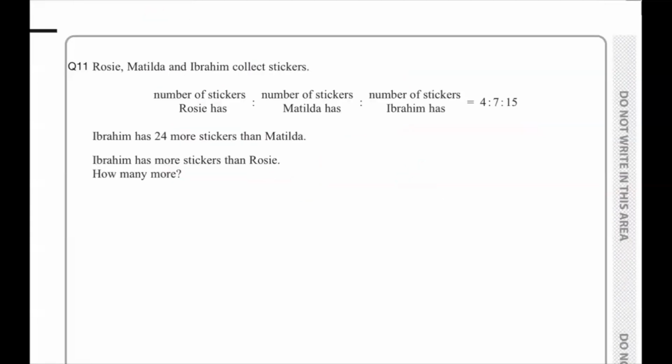Okay, question 11 is a ratio question. Now, remember, it's always a really good idea to get any ratio sentence, which is what we have here, into its ratio kind of code. We work in codes and symbols and numbers. We don't work in sentences. So if we can get rid of them, we will. So we've got Rosie to Matilda to Ibrahim,